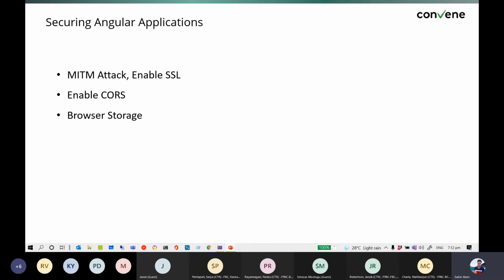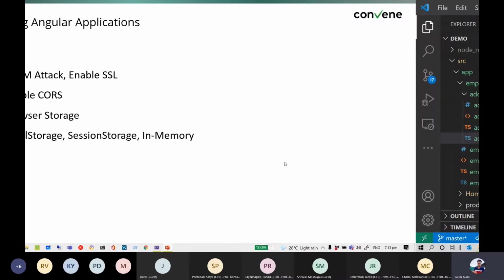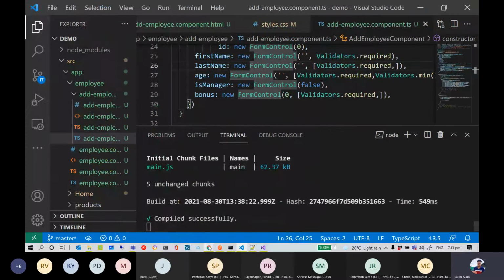From last time's discussion, we touched a bit on browser storage, and we have three types of storage for storing data in our browser: local storage, session storage, and in memory. By default, in an HTML5 browser, local storage and session storage are domain specific, meaning the data of one domain